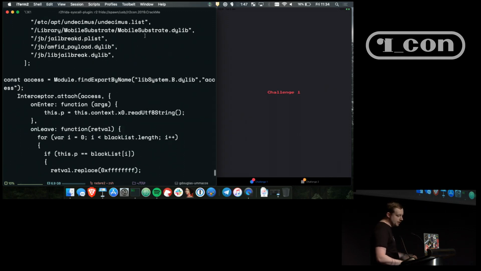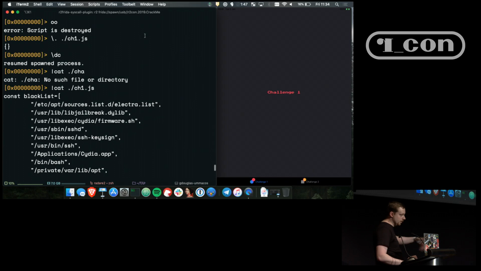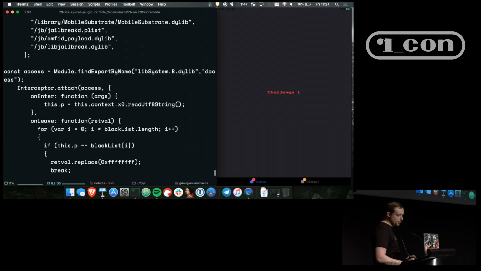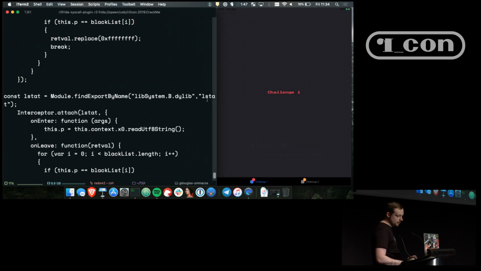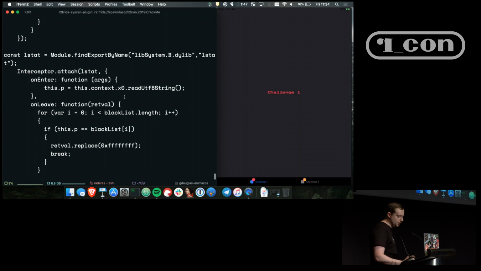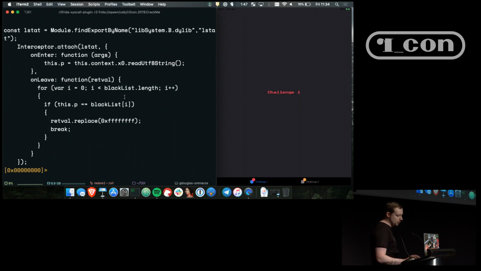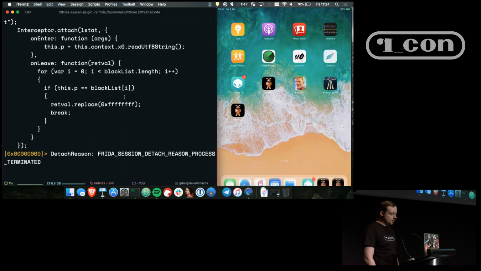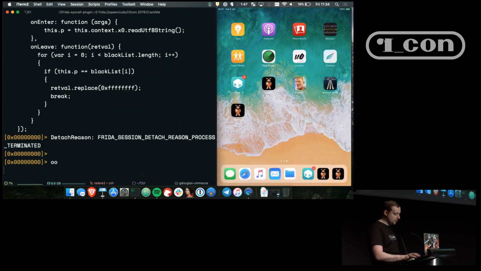So yeah, basic example, we have a blacklist based on the tracing that we did of some files. And with Frida, we're hooking access, and we're also hooking LStat. It's not really that portable because instead of using args, I'm using x0 just because I'm lazy or because I want to look cool. I don't know. So yeah, challenge 1 is really easy, and now obviously if we go to challenge 2, it's going to crash again, right? So we go to challenge 2, it gives us like a 2-second timer, and yeah, application's dead, right? So let's go ahead and restart,